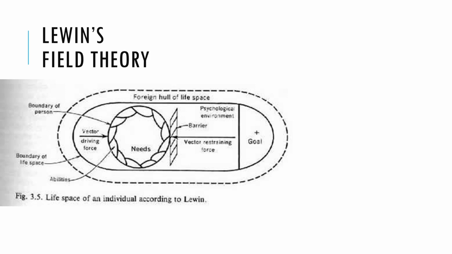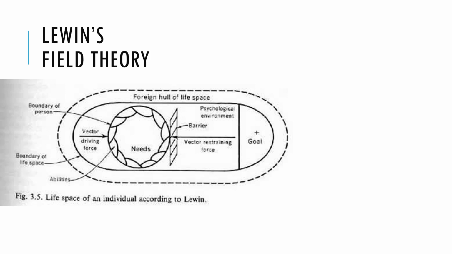There's a barrier that I need to address on the side that says vector restraining force. And that barrier could be a psychological barrier. You're not paying attention. That would be a psychological barrier to a vector being able to restrain you. You're not noticing that there are limitations on your behavior because you're not paying attention. It could also be physical barriers.